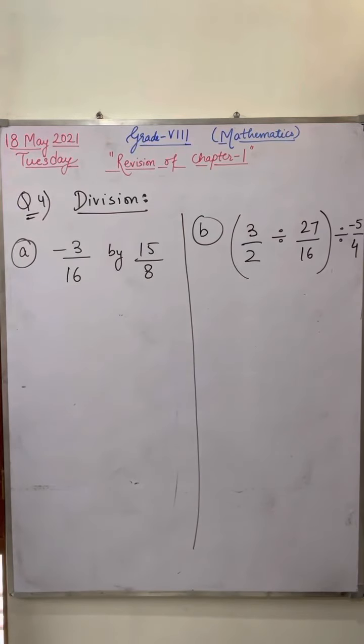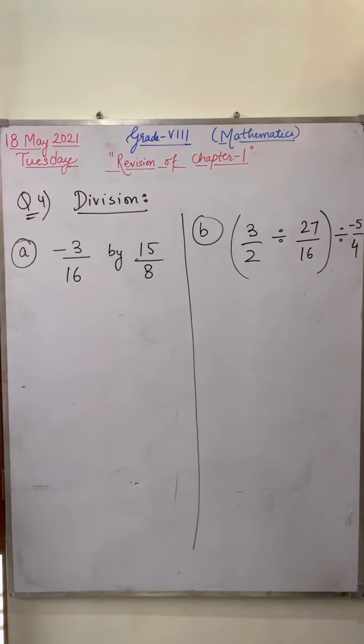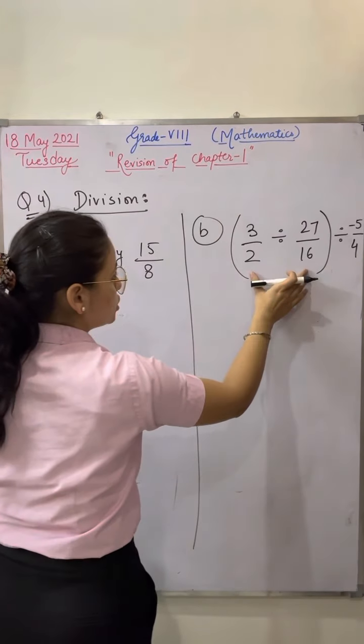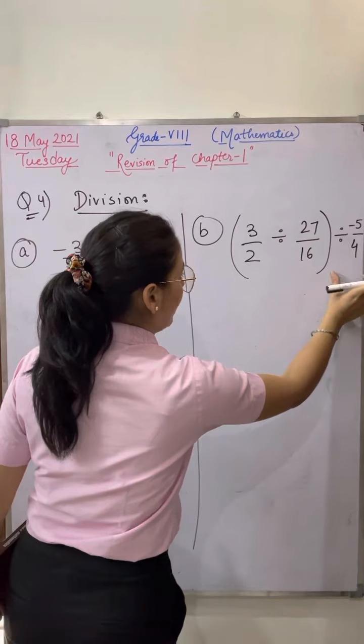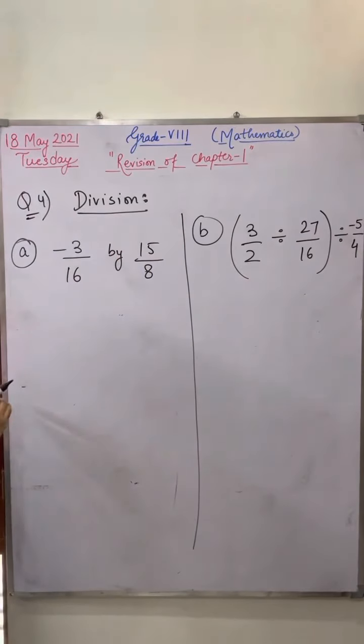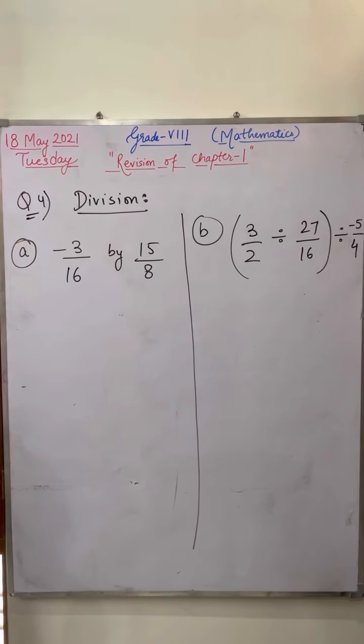Right? Okay, first of all solve this, and then you have to solve that. Right? In the paper I can give you questions in the brackets also. You have to solve the bracket, and then whatever the answer will be there, you have to solve it outside the term. Right? I'll not give you all the easiest questions in the test and in the paper.